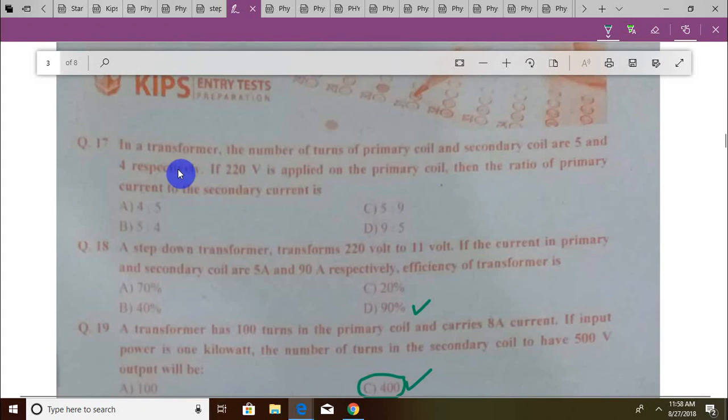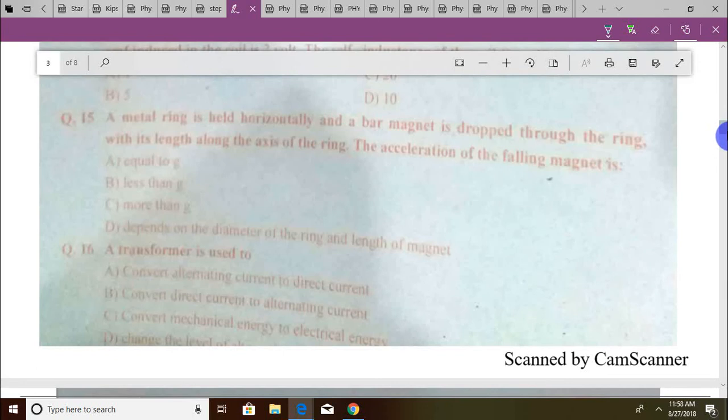और 5 and 4 रिस्पेक्टिवली। पता चलना चाहिए कि जो भी है, प्राइमरी टू सेकेंडरी 5 and 4 है, तो ये ऑपोजिट होगा बेसिकली 4 to 5, और आपको कोई और इन्फॉर्मेशन की ज़रूरत नहीं है। कन्वर्ट ऑल्टरनेटिंग करंट टू डायरेक्ट करंट, चेंज द लेवल ऑफ द वोल्टेज।